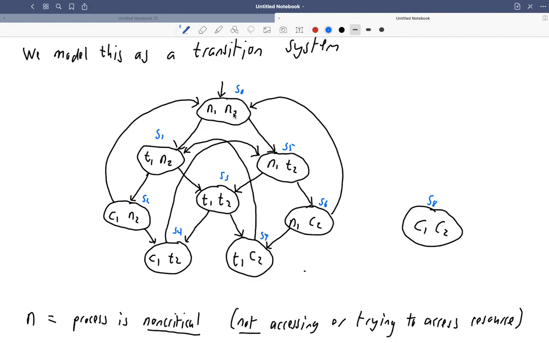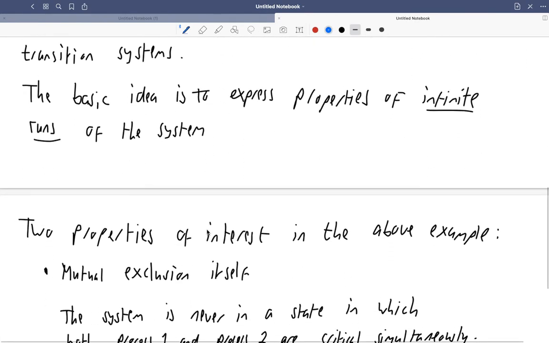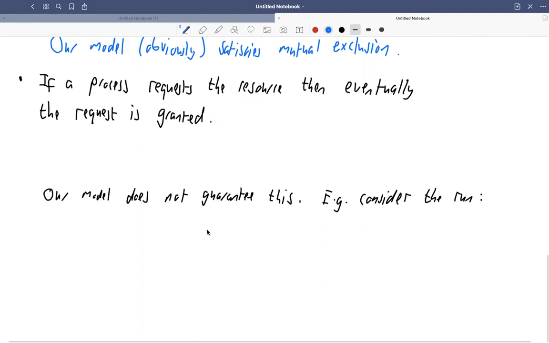The point is now, with this notation to hand, we see that S0, S1, S3, S7 going back to S1, S3, S7, and that loop is a run that does not satisfy the condition that we wanted to hold, that whenever a resource is requested, then eventually it's granted. So the bad run here is S0, S1, S3, S7, and then we go back